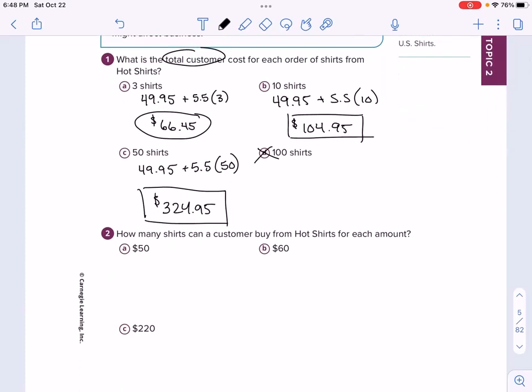All right. Now from here, number 2, we're going the other way around. Now we're trying to determine the number of shirts. We're just going to do this for A and B. We'll cross it off for C. How many shirts can a customer